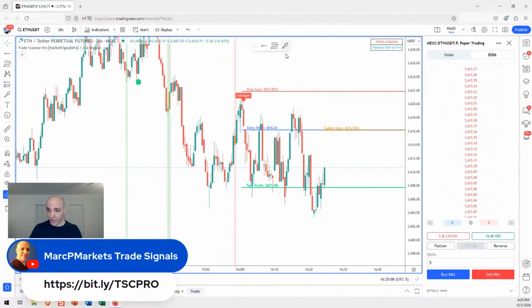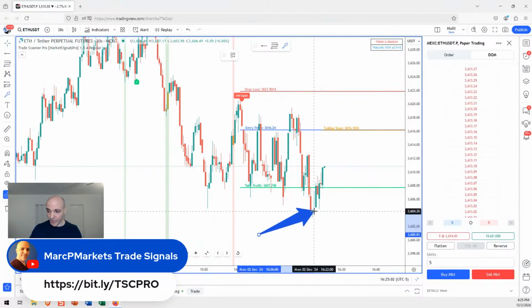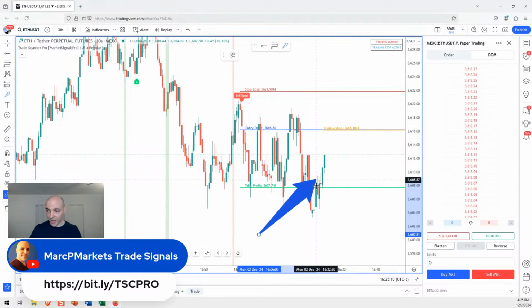So this thing just refuses to break. I mean, look, this is what a failed low looks like, by the way. You have a lower low. See that? You have a low, all these lows. It goes slightly lower and reverses in everyone's face. That is a failed low. As you can see, those are nice trades.